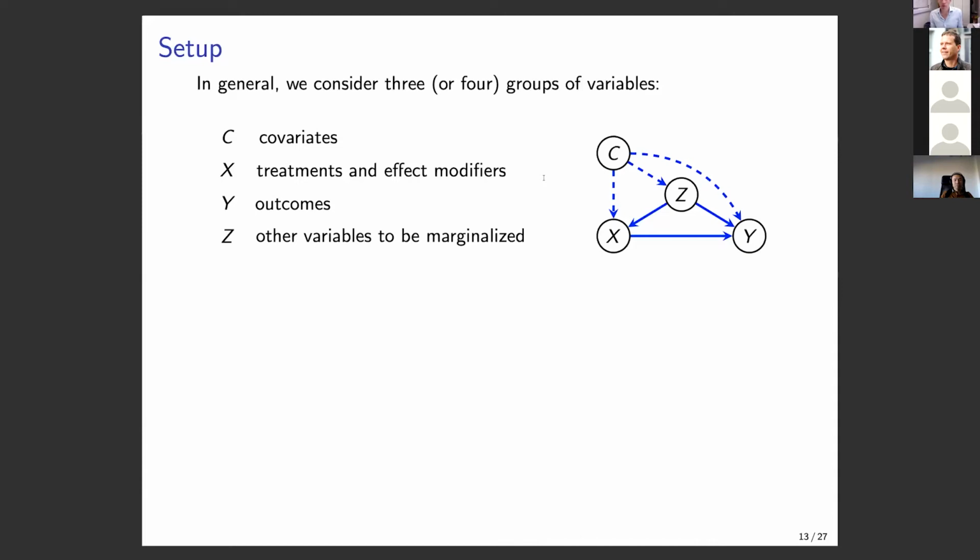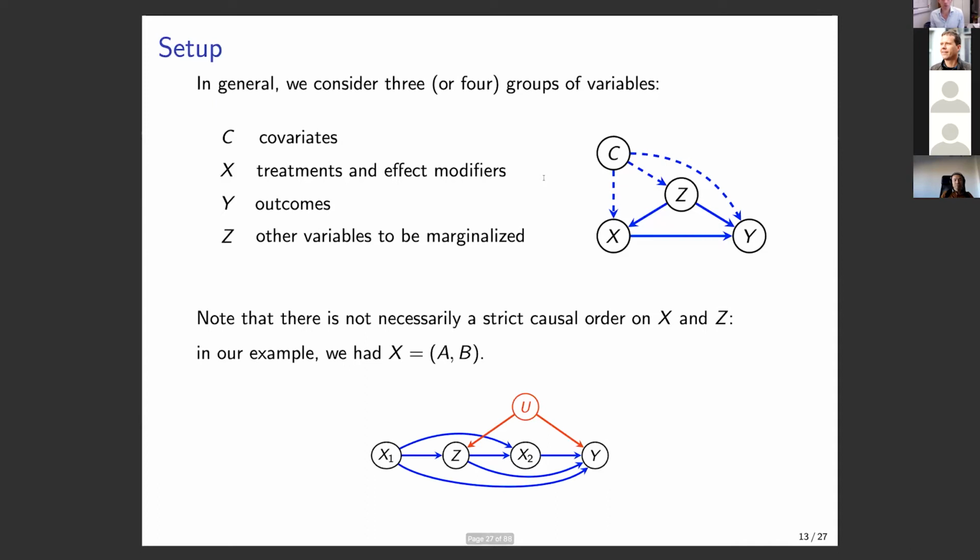And then you can also include covariates C separately if you like, but really you can just have them be part of X, and it will work just as well. So this is a sort of cartoon of what's necessary. All you really need is that X, C, and Z are causally prior to Y. Before, for example, we had one treatment causally prior to Z, and the second treatment causally subsequent to Z, and that's also fine. Although I've drawn these arrows as though there is a causal order, there doesn't actually have to be an explicit one.